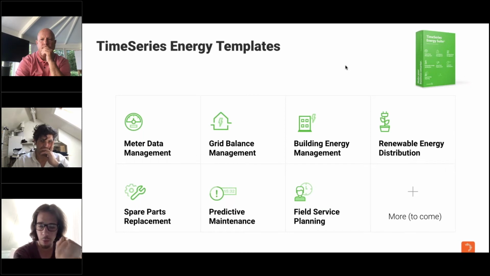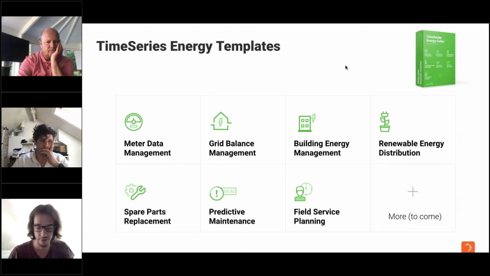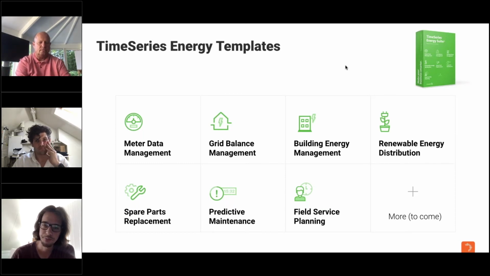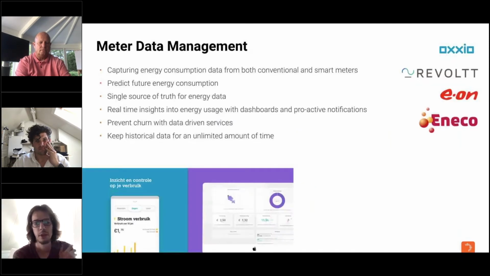So, with Mendix, we've built several of these templates, as you can see. And what I would like to do now is to talk you through some of those templates to give you a better understanding of the type of use cases you can implement using this low-code technology. So let me see here. Yes, there we are. So the first one, which I would like to discuss, is in the area of meter